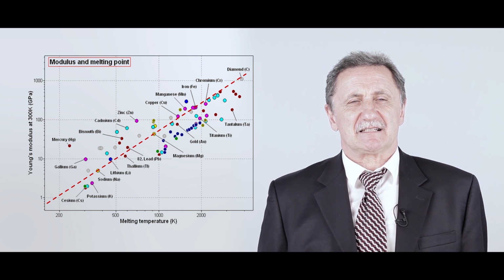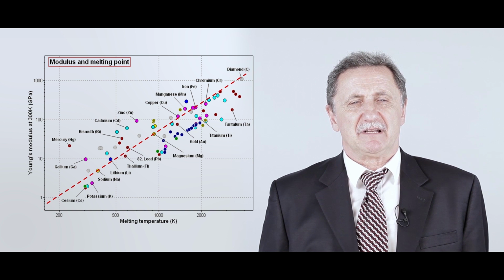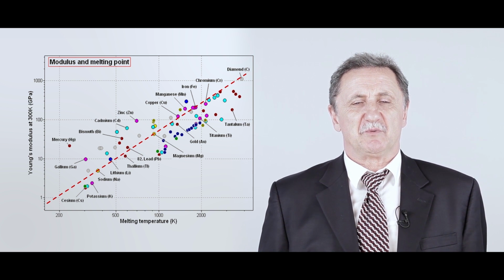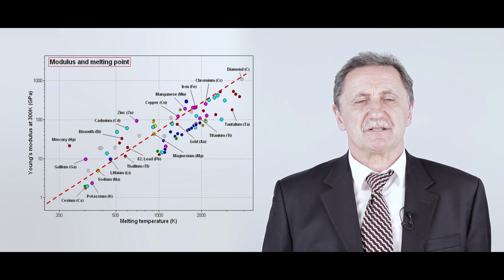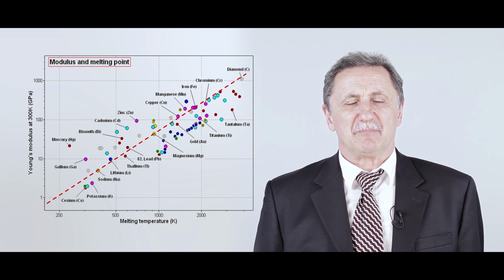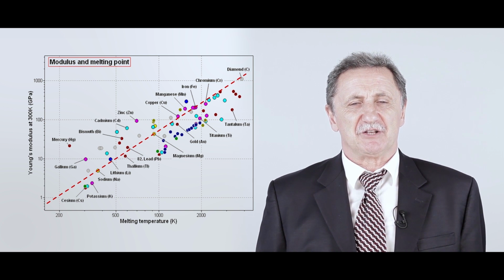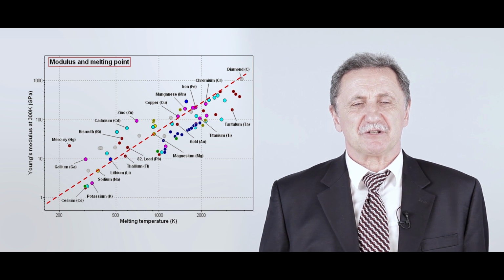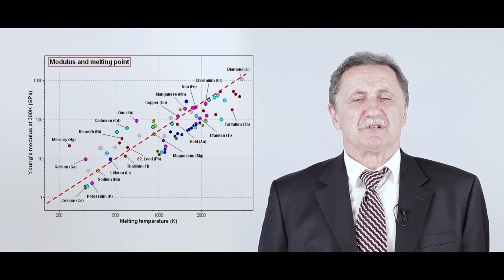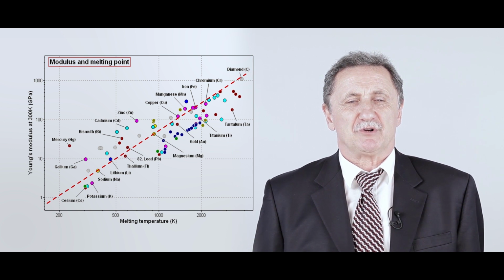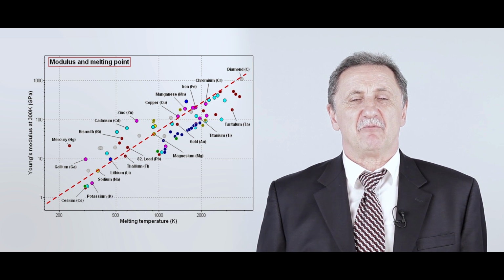That can be seen very nicely on this next screen, where we find the relation between the melting point and Young modulus. Remember, in the case of Young modulus, regardless of a relatively complicated relation between the potential energy curve or potential function and the Young modulus, we concluded that the higher U0, the higher bonding energy, the higher Young modulus we have. The same relation we have for melting point.